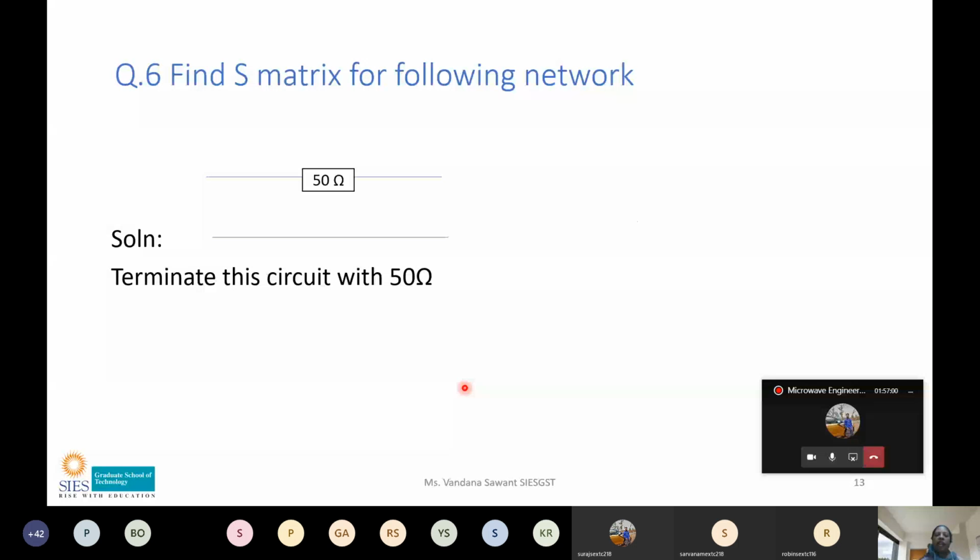Now you have to calculate S21. For this, there will be a little bit longer procedure. Wherever we put Z0, wherever we have written Z plus Z0, where Z is written we have to write 50, and where Z0 is written we also write 50. Ma'am, S21 is coming 4/3. No, 2/3.